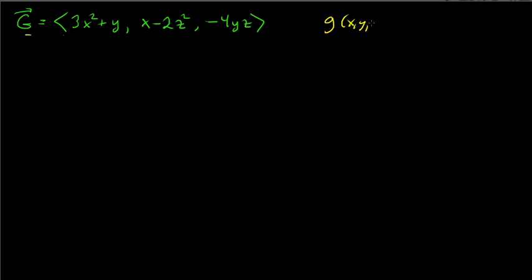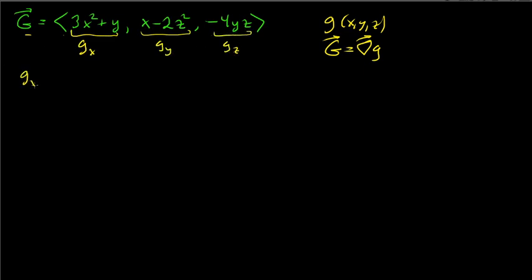little g as a function of x, y, and z, right? So remember what that is, right? That's going to be little g. If we take the gradient of that, I get capital G, right? So in other words, this has to be g sub x, this has to be g sub y, and this has to be little g sub z. And you know what I mean by that, right? I mean the partial with respect to x, right? That's y, right? So to find g itself,